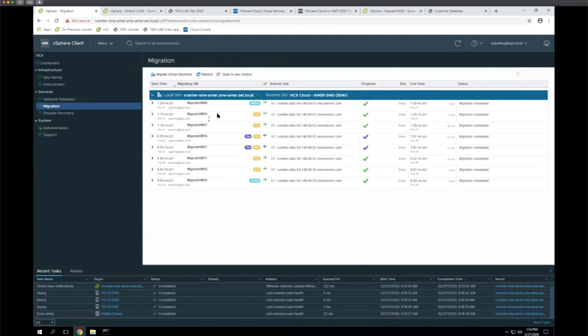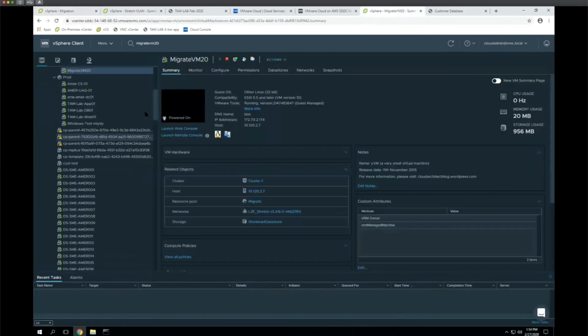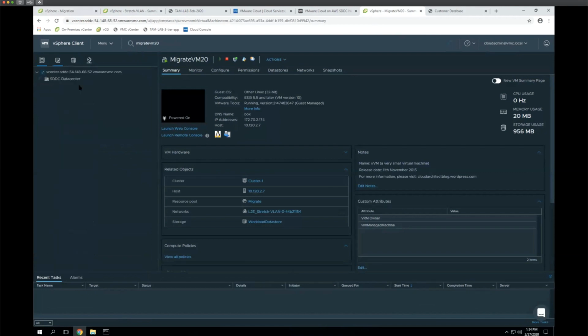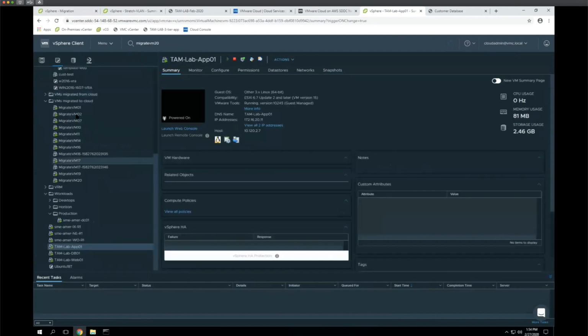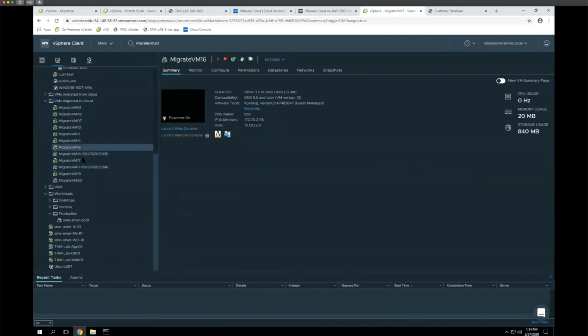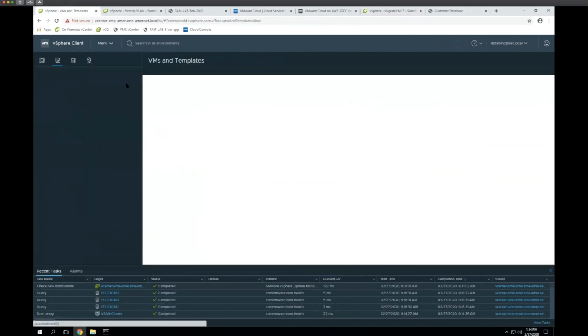Let me show you what it looks like as far as the bulk migration. If you recall, we bulk migrated VMs 16 and 17. As well as seeing these, I think I chose, if I go back to my folder view, migrate into cloud. Ignore these two, that was some tests I was doing last night, but here's VM 16 and 17. And if I go back to my on-premises vCenter, go back to the VM view,